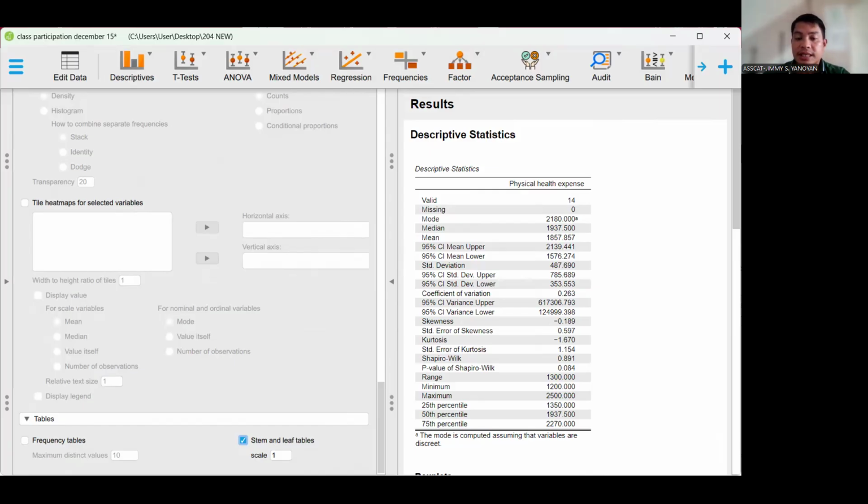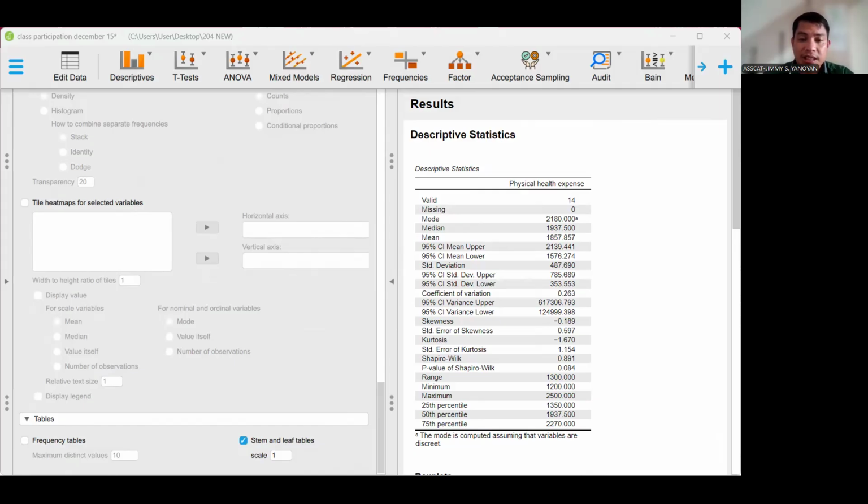So we are now going to discuss the result. The result shows that the data set is complete with no missing values, which is ideal for analysis. However, the sample size of 14 is relatively small. But we all know that this is just for practice purposes only. It is shown in our result that there are 14 valid participants and there were no missing participants.